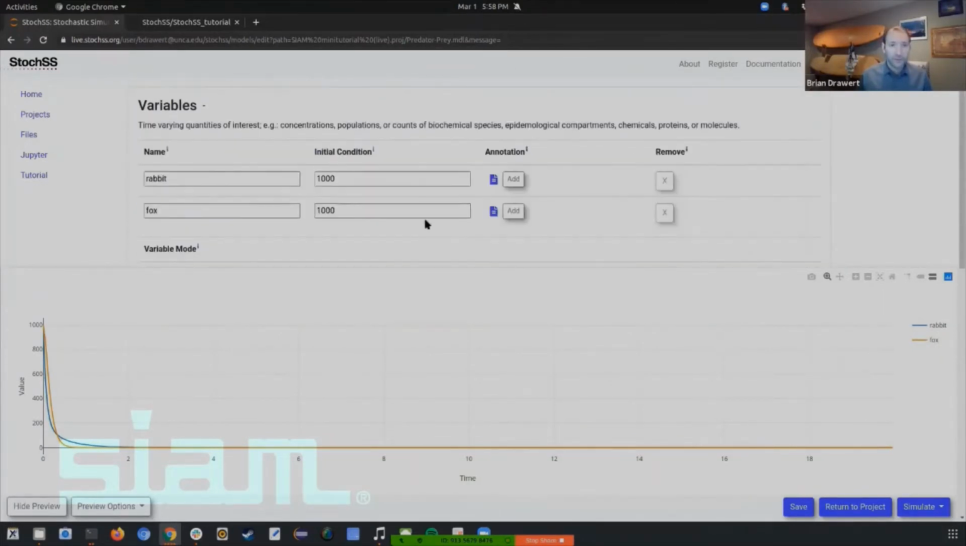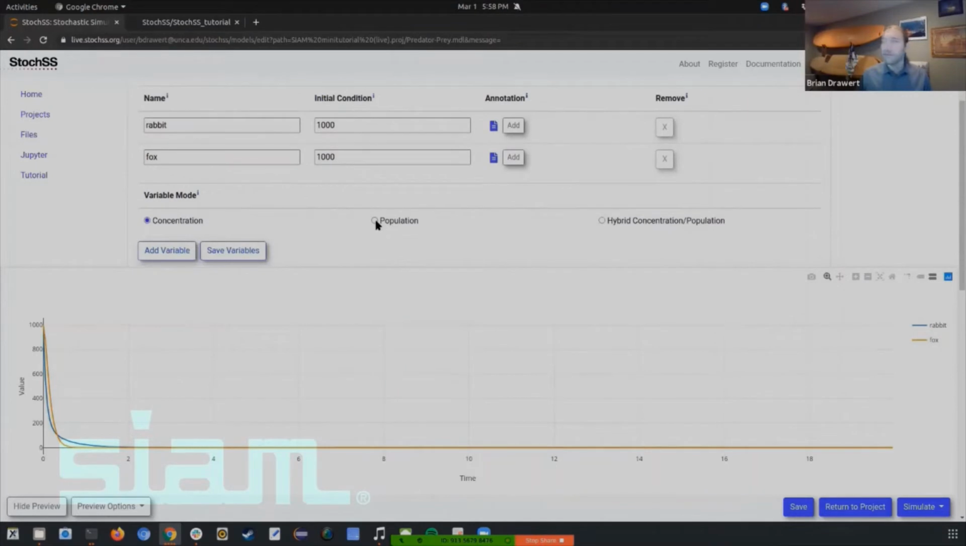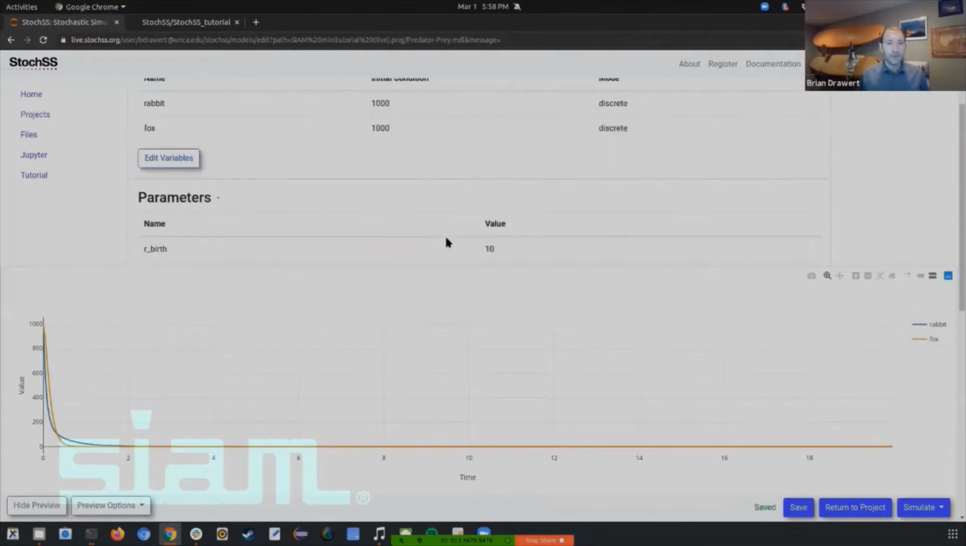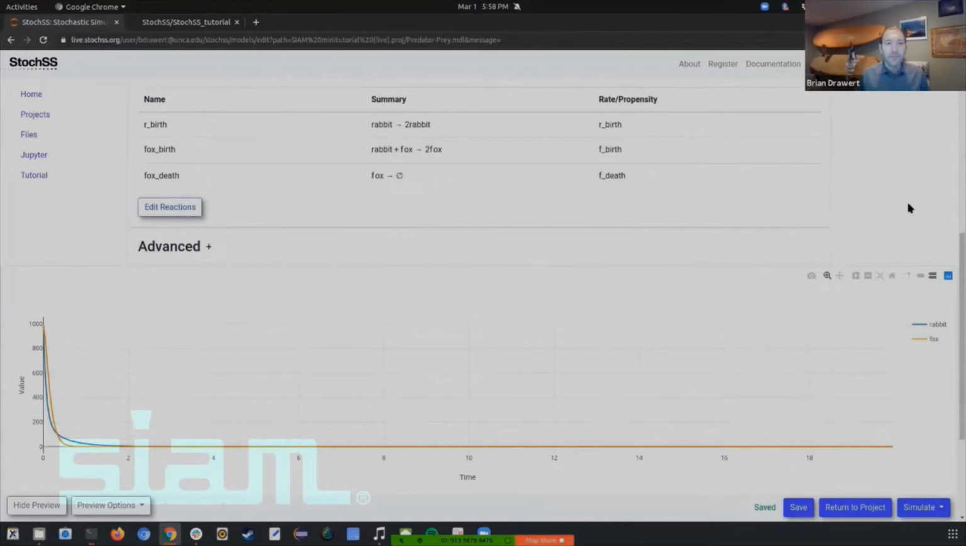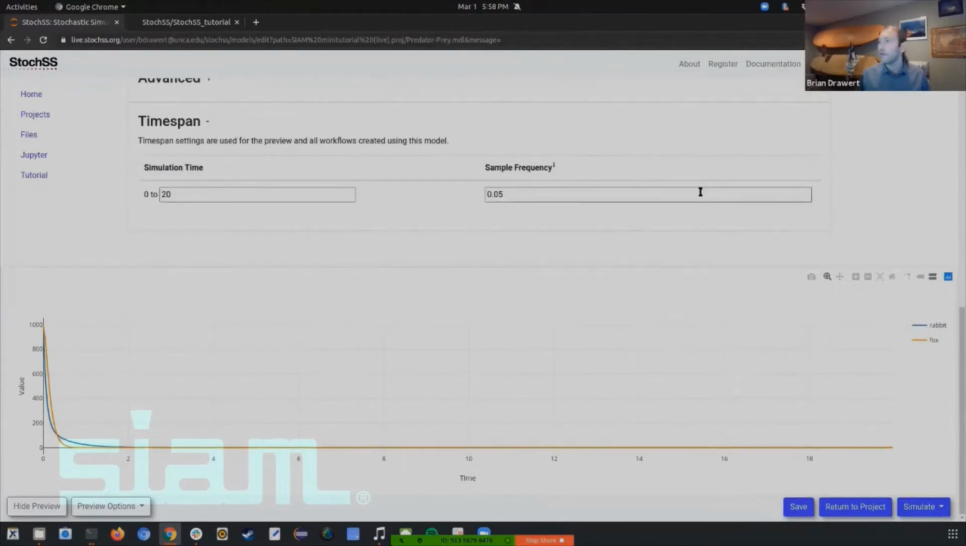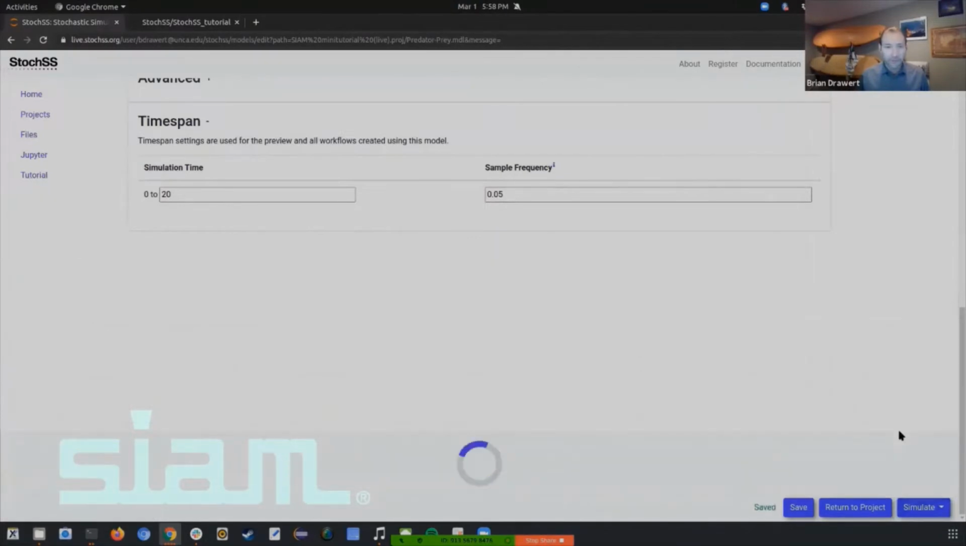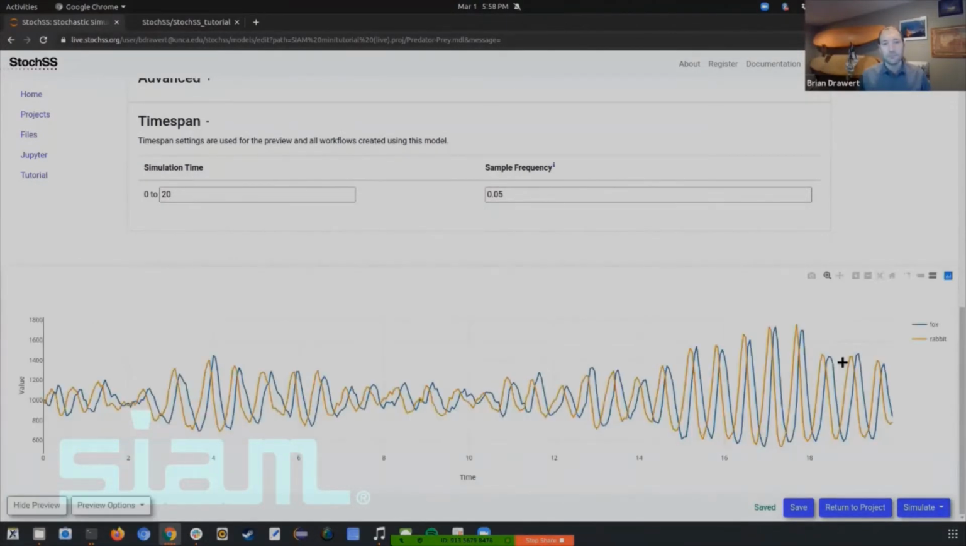We're going to edit our variables, change this to population. Population, and click Save Variables. Now we'll click Simulate. And then, okay. Simulate Preview. Okay. Now we've got the classic Lotka-Volterra phase offset